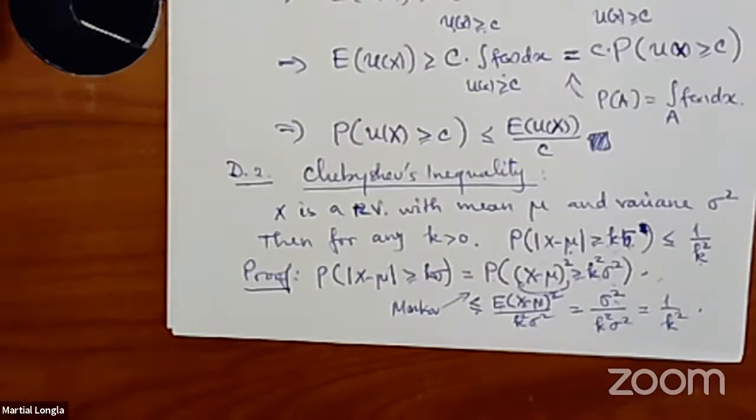But this, x minus mu absolute value, is also positive, so why can't we use Markov's inequality in the very first step on x minus mu absolute value? Because if I ask you what's the expected value of the absolute value of x minus mu, you don't know. That's the problem. It's not a known quantity. You can compute it, but in most problems, for most distributions, sigma squared is known and easy to compute. But to compute the expected value of the absolute value of x minus mu,